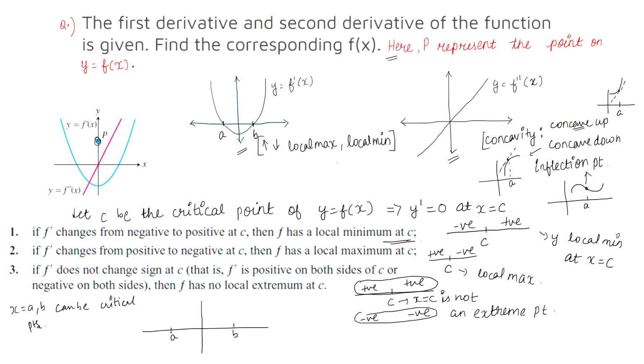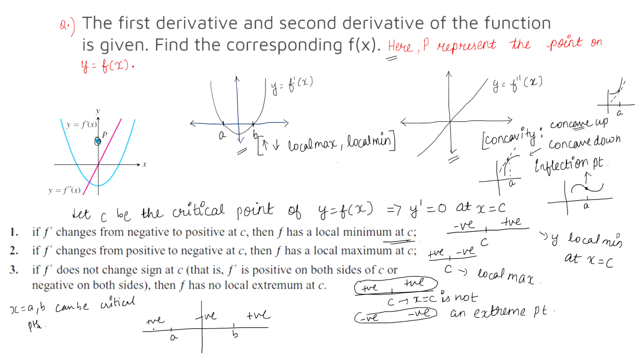Then at x equals A, observe that at all the points less than A, f dash is positive. Fine. The graph is greater than 0 at all the points less than A. So f dash of x is positive for all x less than A and f dash of x is negative for all x belonging to the open interval AB. So here the function is negative. At x equals A and B, f dash is 0. And then at all the points greater than B, f dash of x is positive again.